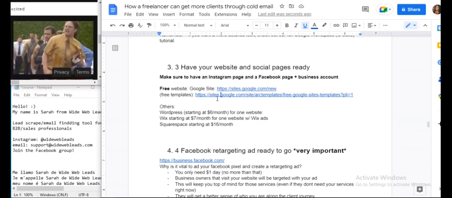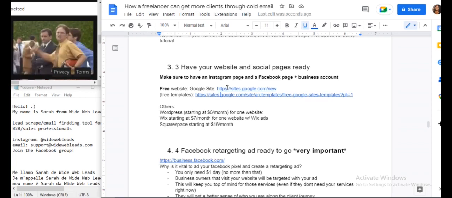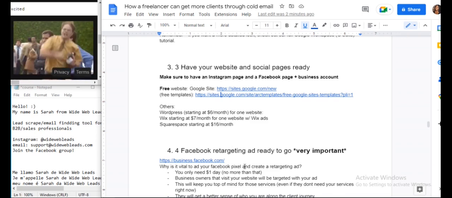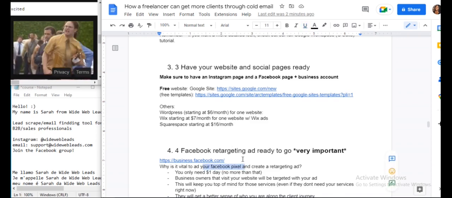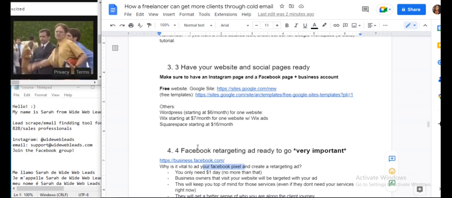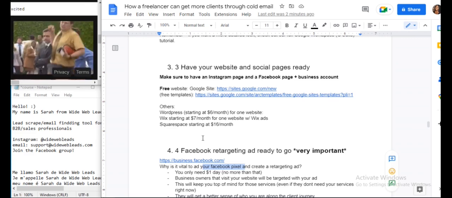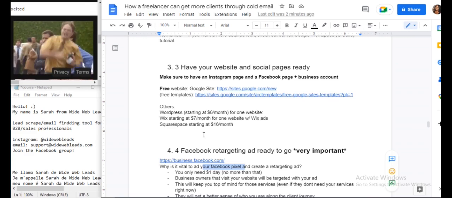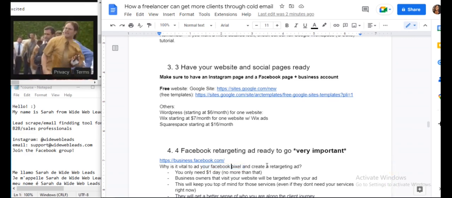And it's free. That's the best part. The only downside is that there is very little customizing that you can do. You can't add a Facebook pixel on a Google site, unfortunately. You can only do it with WordPress, Wix, Squarespace, Shopify, those sort of websites. But Google Sites does not allow Facebook pixels yet. So that's something to consider.